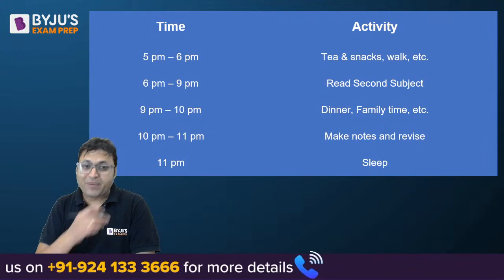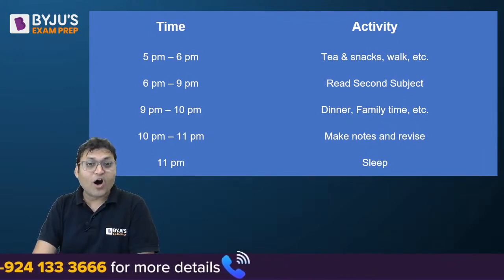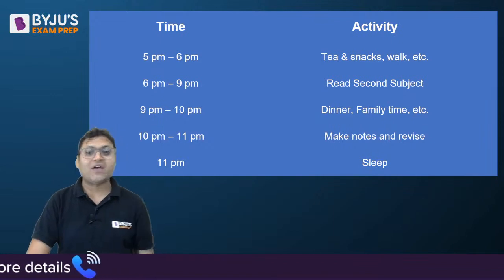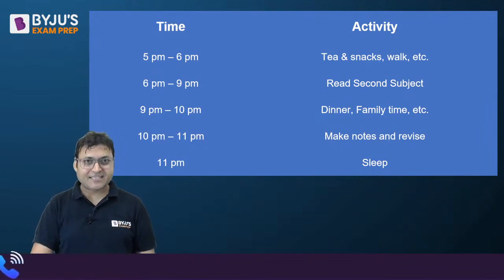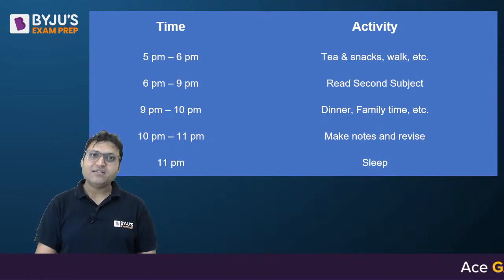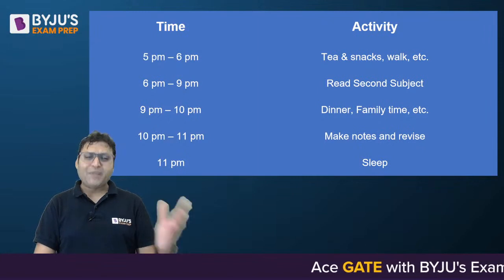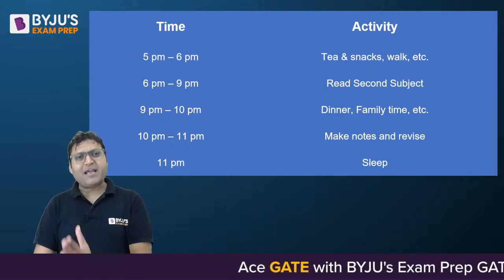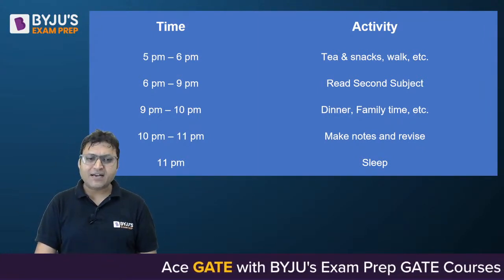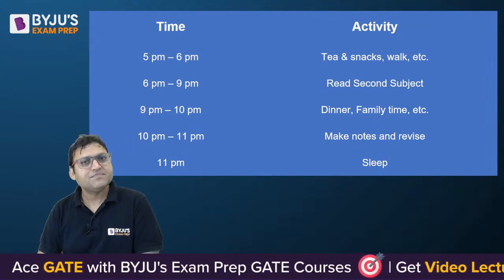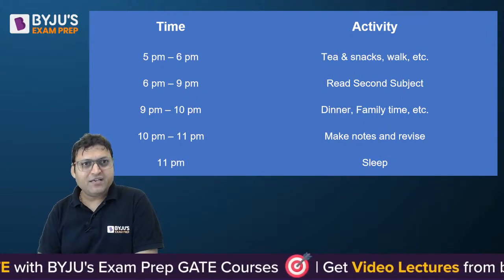Then you can take a break, tea, snacks, walk, evening walk you can have, or you can have some yoga, meditation, etc., whatever you feel like doing. Then 6 to 9, again, read the second subject. If you are not able to sit for 3 hours, make it 2 hours, then take a break, then another 1 hour, like that. Then 9 to 10, have your dinner, have the family time, watch TV,